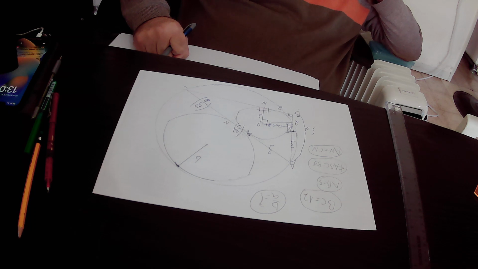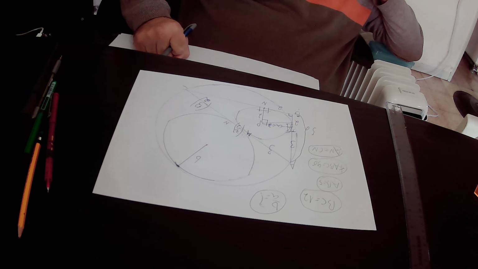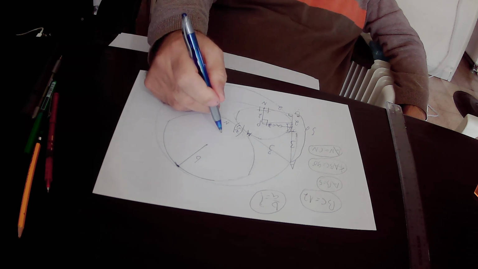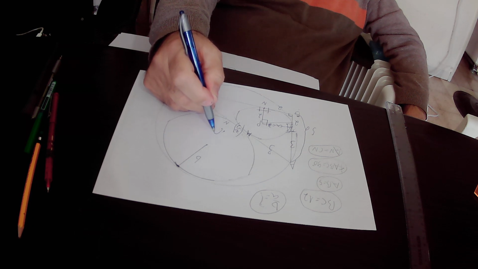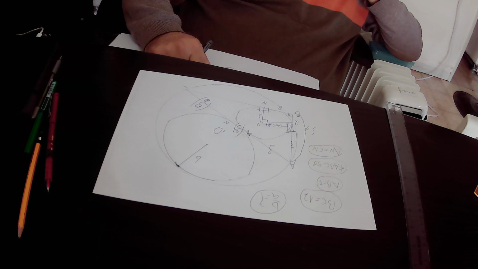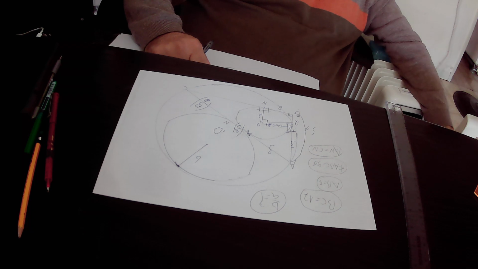So, in the next step, we'll define the center of the biggest circle as O. This is the center of the circle, the biggest circle that we'll define as O. Here we have rule number 7. According to rule number 7,